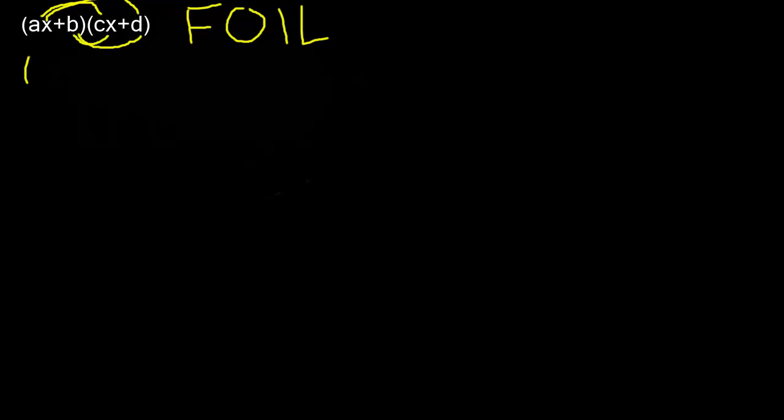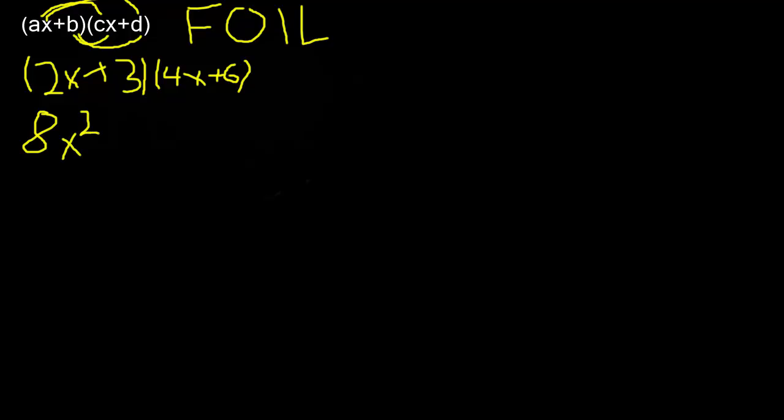So I'm going to show you an example with some real numbers in for a, b, c, and d. And I have here 2x plus 3 times 4x plus 6. And so, just as I showed you with FOIL before, we're going to start with those front terms and multiply them out. 8x squared, 2x times 4x. We're going to do those outer terms, which should be 12x,